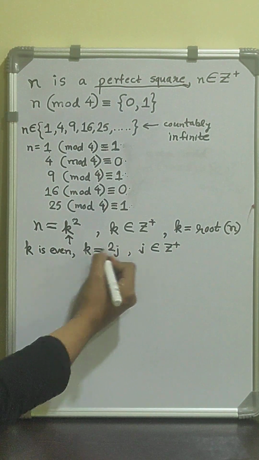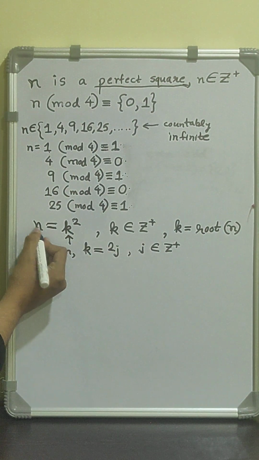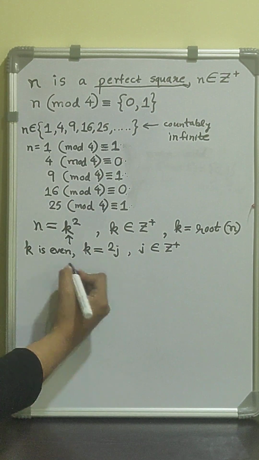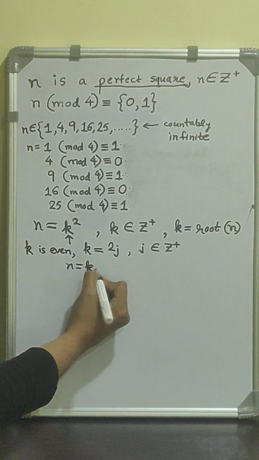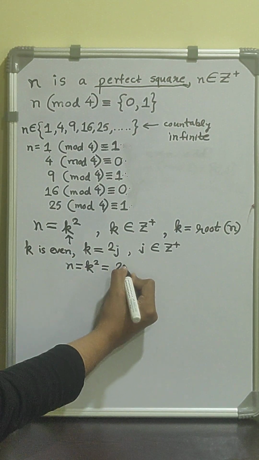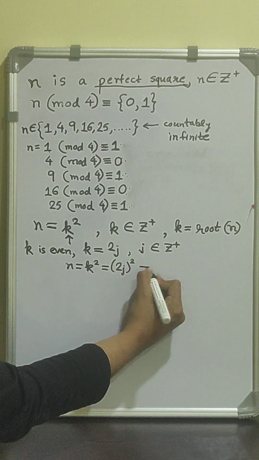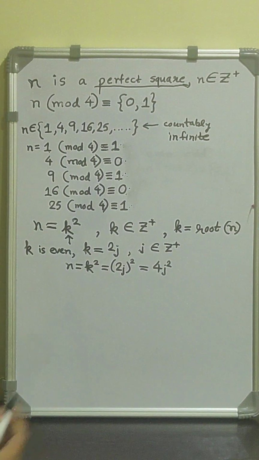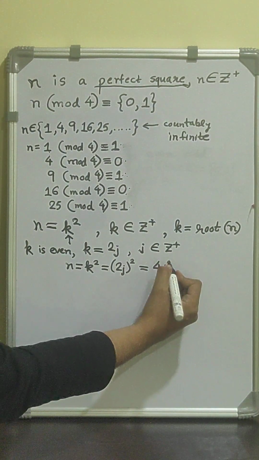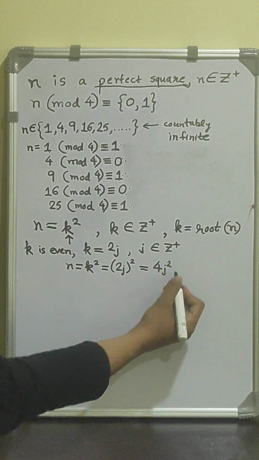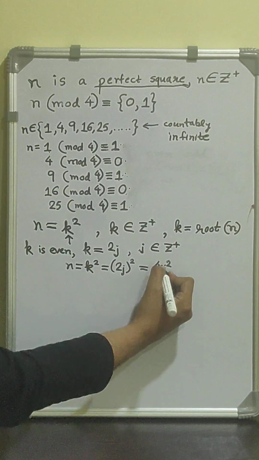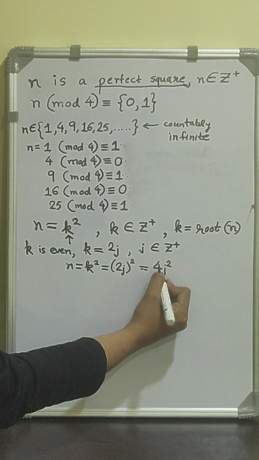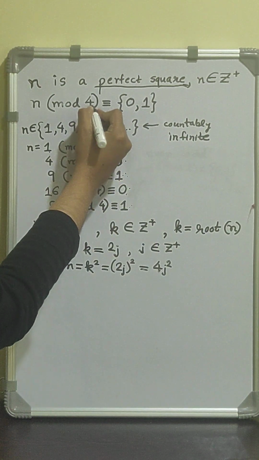So if k is even and twice j, then what is n? Because I started out with n and I brought in k here, but I'm ultimately interested in n. So n is k squared, which is twice j, squared, which is pretty straightforward to see is 4 times j squared. It's interesting and important to know that you get j squared here, and I'll probably talk about this later, but for this problem we're interested in this 4. This 4 is exactly what we wanted,